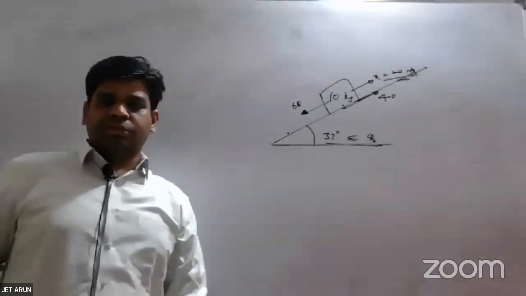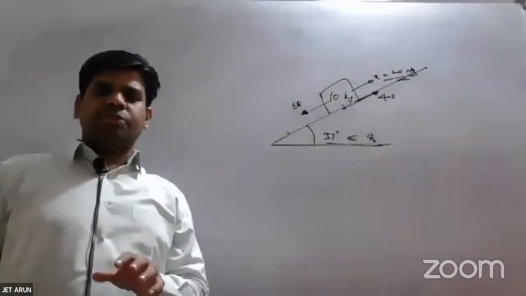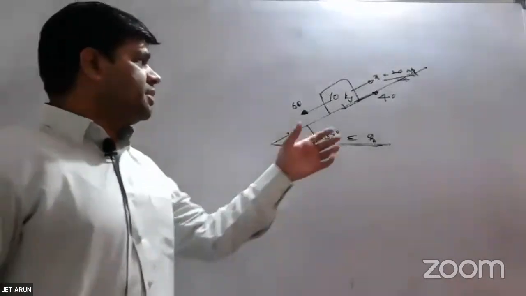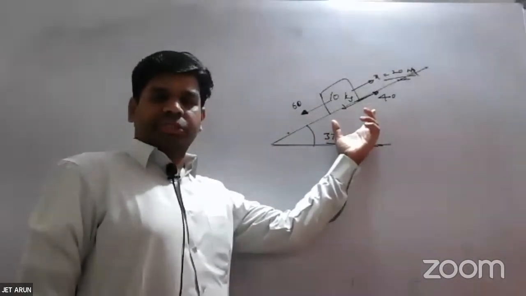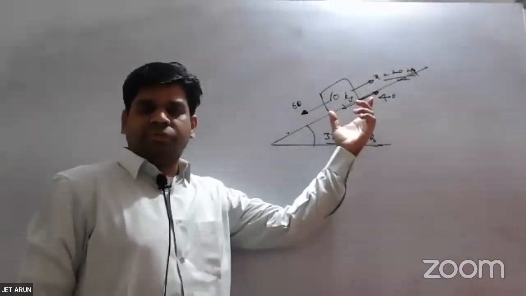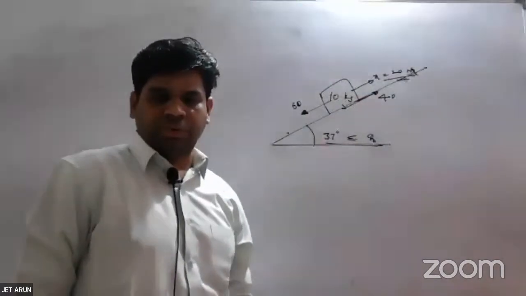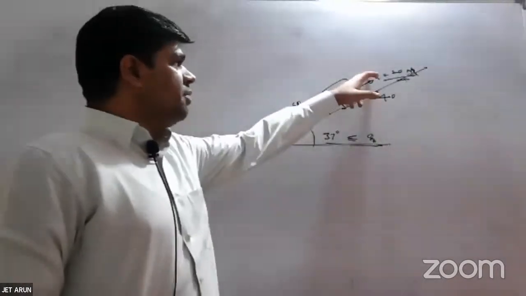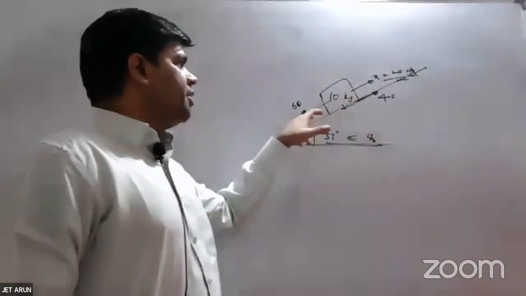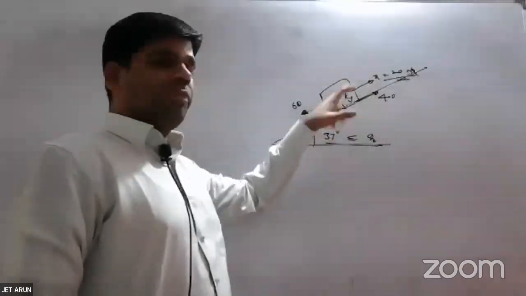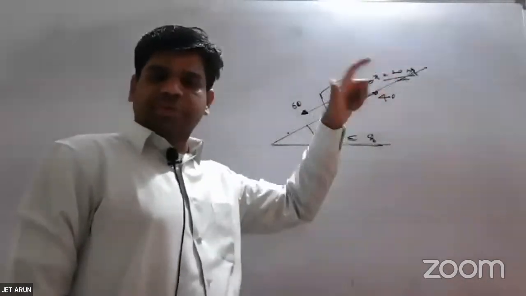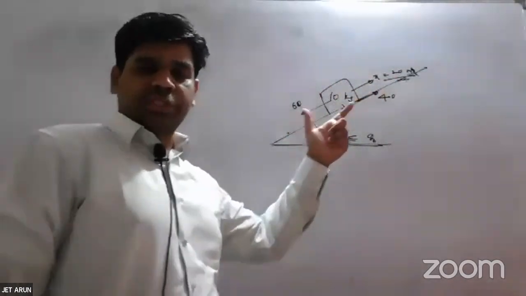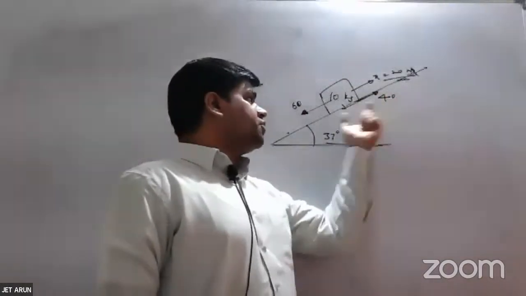All right. So whenever static friction comes into the picture, you will have to understand that there is a range of friction, and a range of values of the applied force for which the block doesn't move. And how do I find that range? When I apply minimum force, the block tends to slip downward. When I apply the maximum force, the block tends to slip upward. So between these two, maximum and minimum, the block remains there, and the friction will self-adjust from 40 upwards to 40